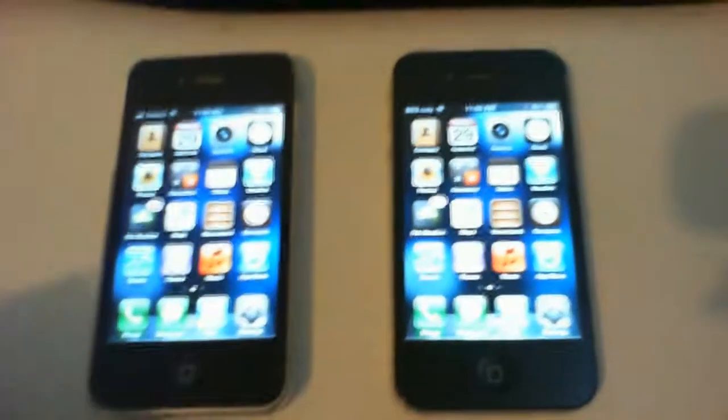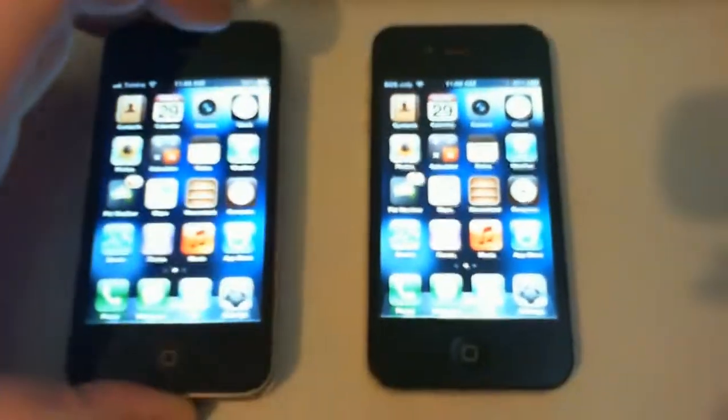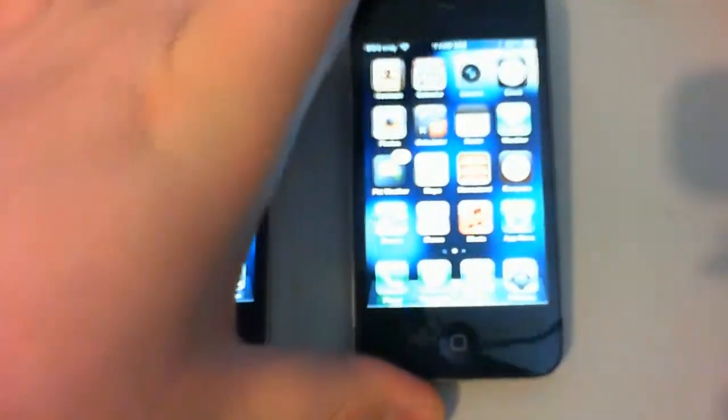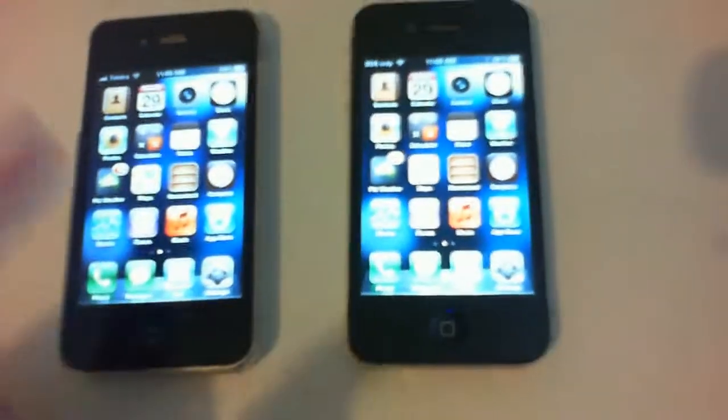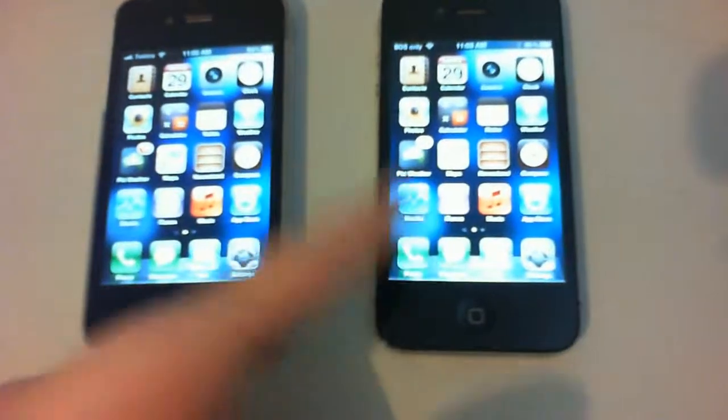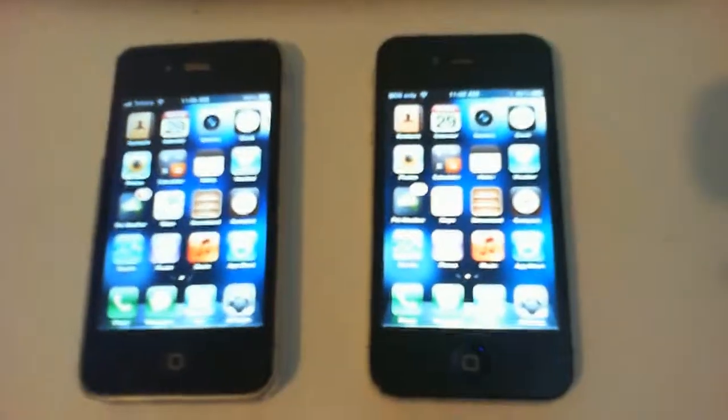This is a comparison test between the iPhone 4S and the iPhone 4. Can you tell the difference? Well, you can't tell the difference right now. They look exactly the same. So you've got all my apps are on one and the other. Now, what you can do